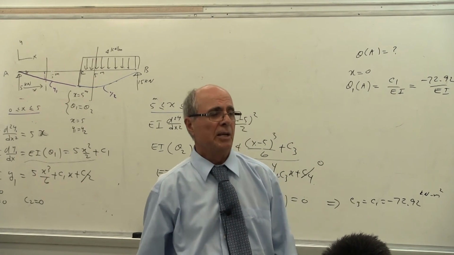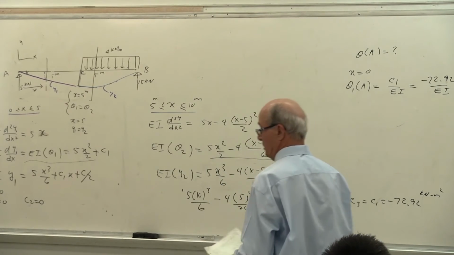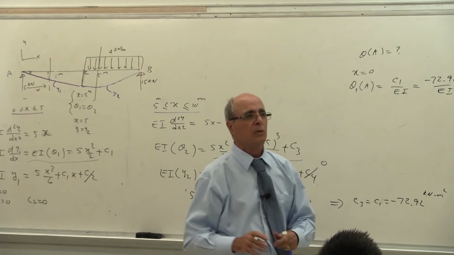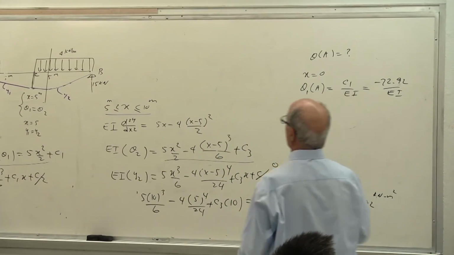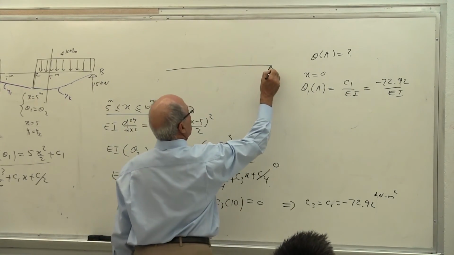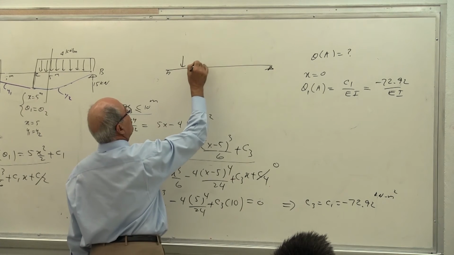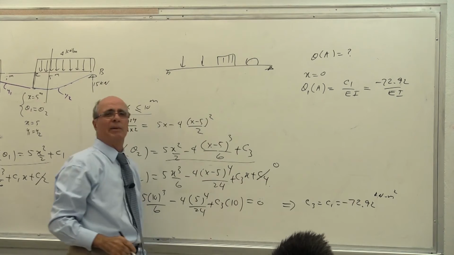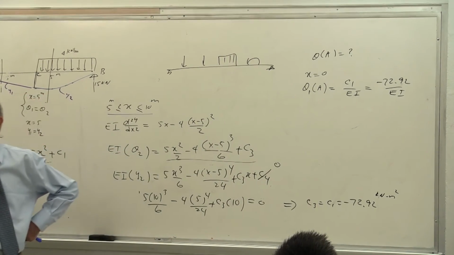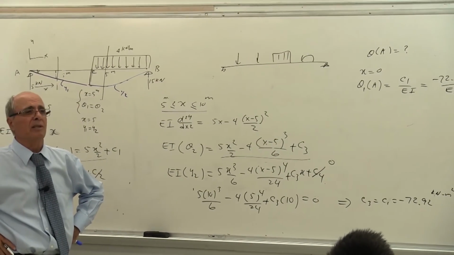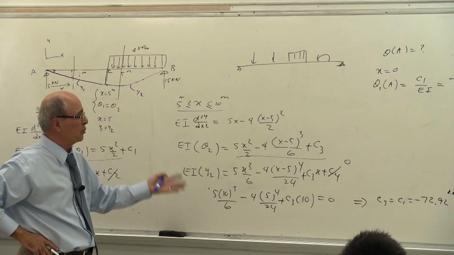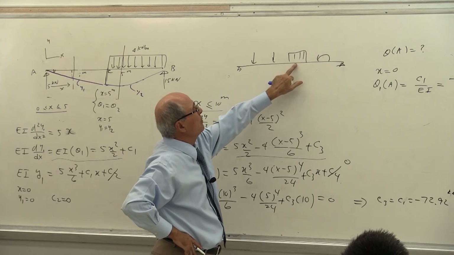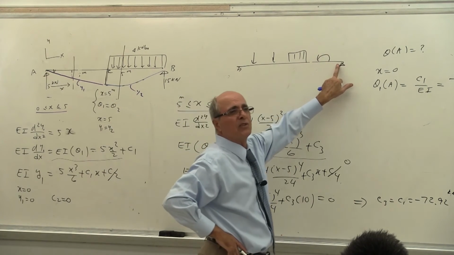Everybody understand that? Now, you have to understand that this problem requires doing it in two steps. Now, if I give you this beam, this is for the future. And I give you one load here, one load here, one load here, for let's say one moment here. How many times do I have to do this one? Well, you have seen this beam. Is that correct or not? Yes. How many times do I have to change this set? 1, 2, 3, 4, 5, and 6.